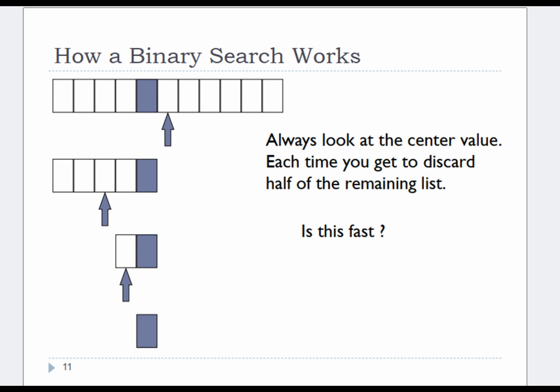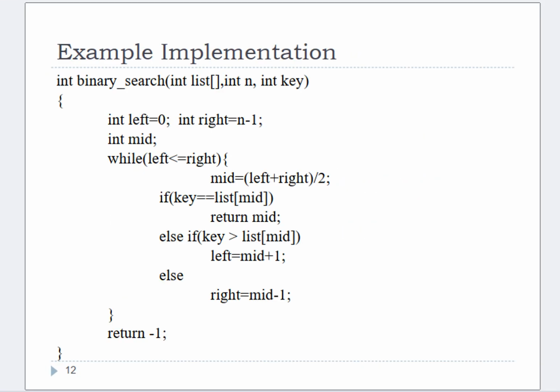How a binary search works. Always look at the center value. Each time you get to discard half of the remaining list. Is this fast? Example implementation: int binary_search(int list[], int n, int key) { int left = 0; int right = n - 1; int mid; while (left <= right) { mid = (left + right) / 2; if (key == list[mid]) return mid; else if (key > list[mid]) left = mid + 1; else right = mid - 1; } return -1; }